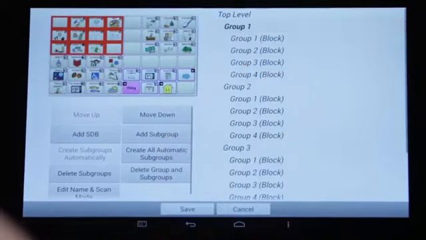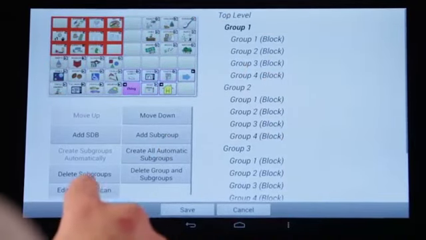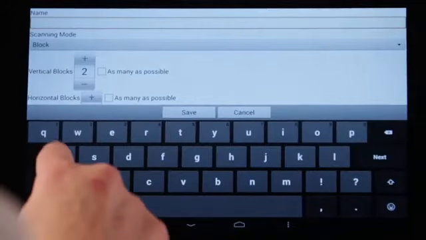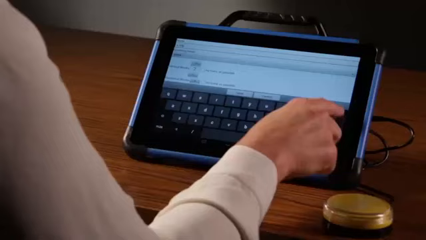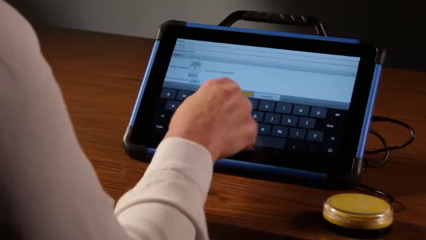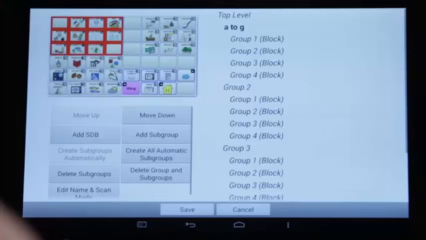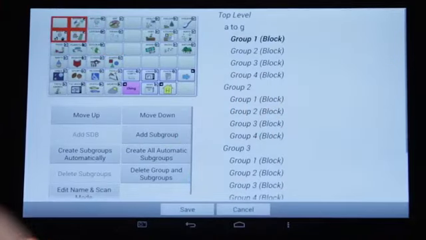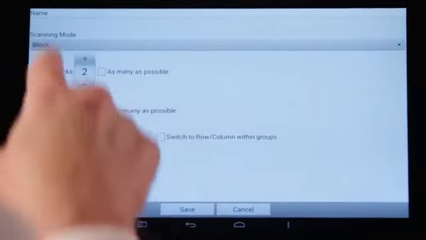Tap Group 1, tap Edit Name and Scan Mode, type A to G. The blocks are set to the same pattern we created in Settings. Tap Save. Now we can set up the first subgroup. Tap Group 1, type Animals, Body,